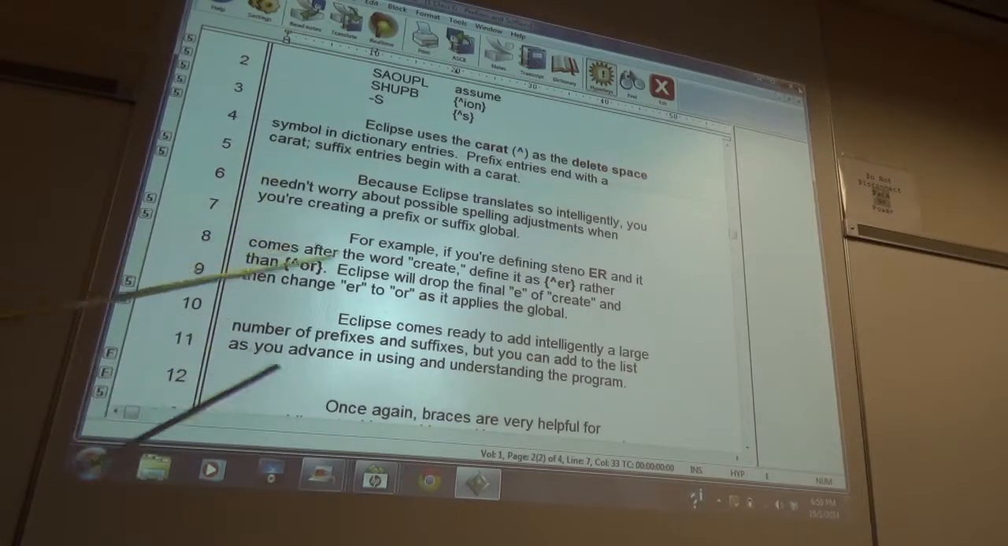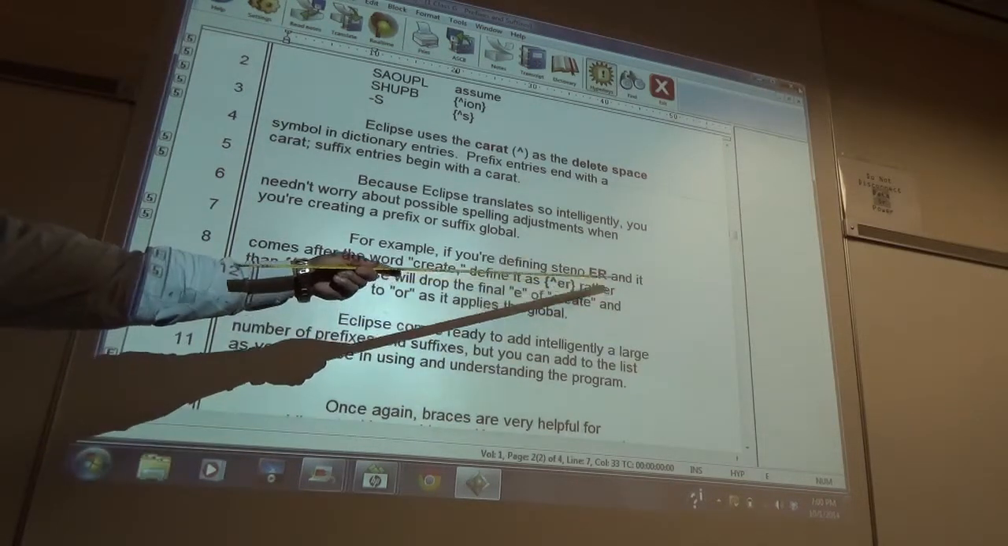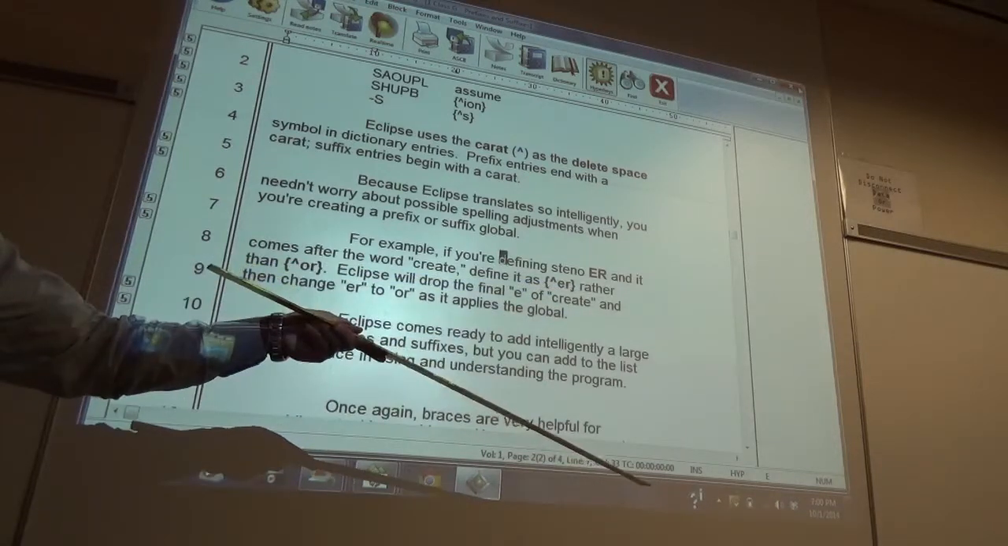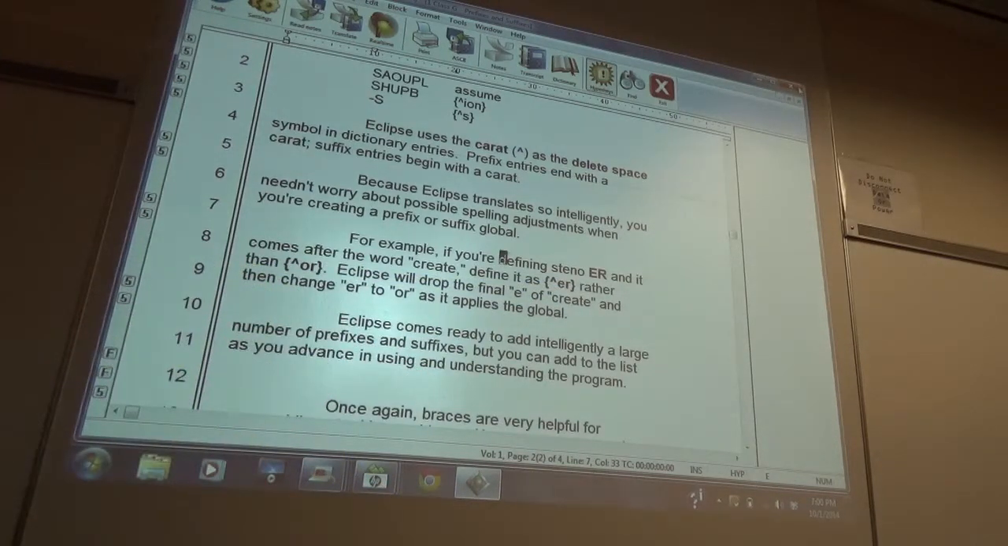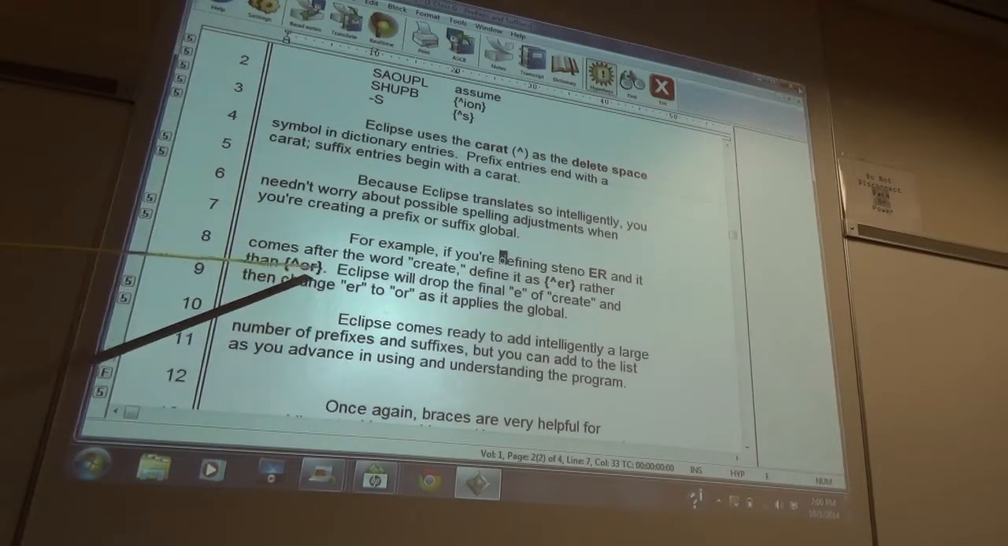When it's going to be like ER, OR, operator, any of that stuff, all you have to do is define it as ER. It's going to know how to change it and that it needs to be changed to OR. So you don't have to put OR. Okay? Oh, that's nice. Yeah. All you have to do is put,